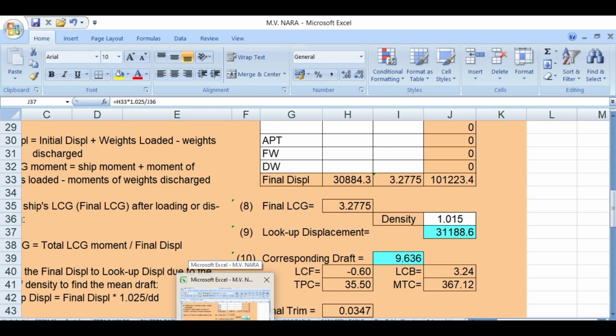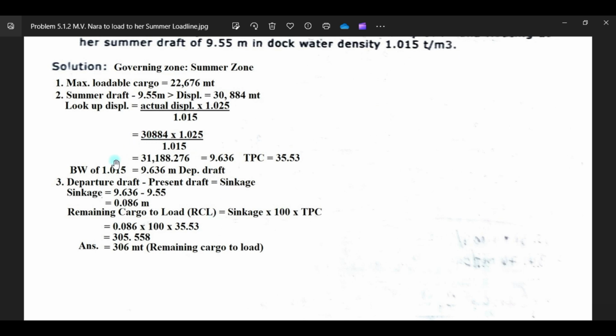We will check that later. Okay. Now this will be your departure draft in the loading port of a density of 1.015.